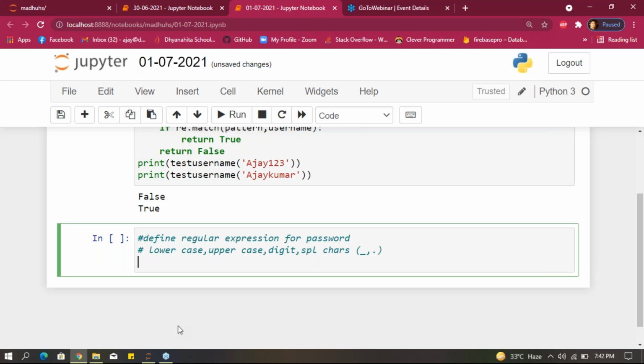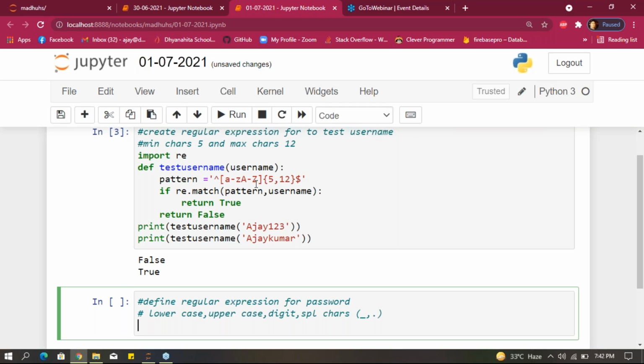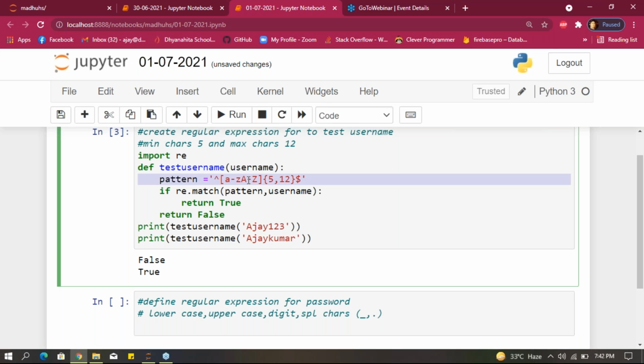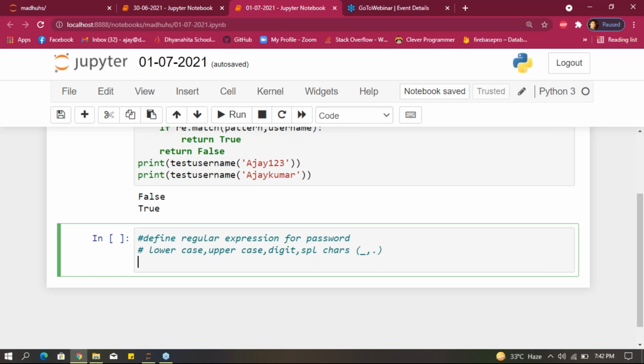How can we make that? Same, guys. The program is the same, but we have to change the pattern. It depends on this pattern. First define a function. I'm creating a function called password test, and I'm making the parameter password.